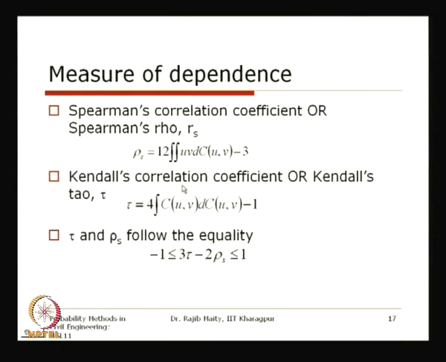Similarly, Kendall's correlation coefficient, or Kendall's tau, is equal to 4 times the integration of the copula function with respect to dC, minus 1. So, this represents Kendall's tau, and tau and rho s follow the inequality that 3 times tau minus 2 times rho s is bounded from minus 1 to plus 1. So, even though we have discussed these two measures of scale free dependence through the copula function,